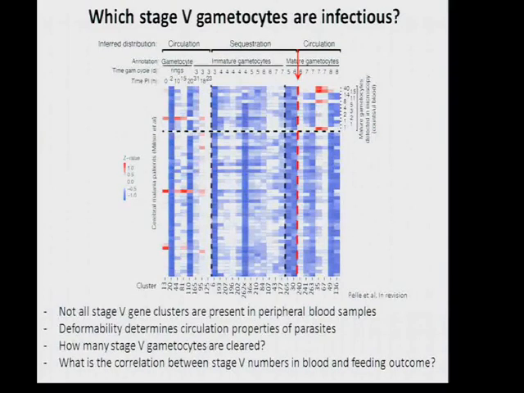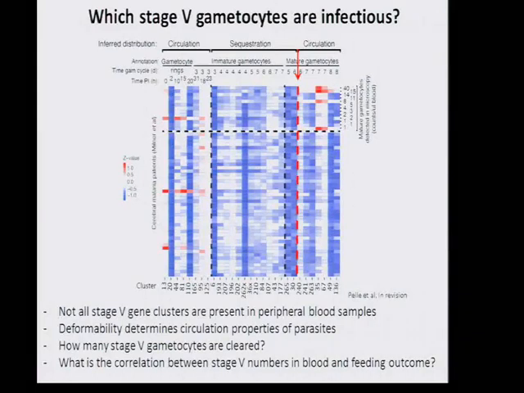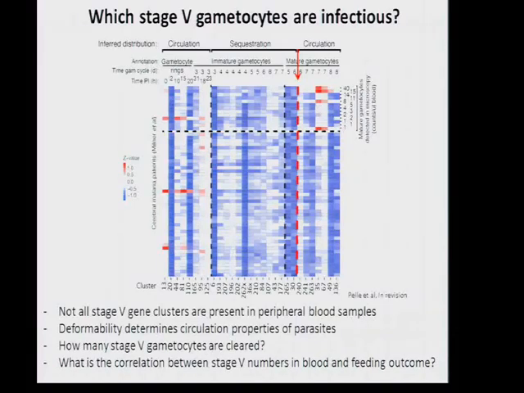So this is a heat map that plots the gametocyte clusters on the x-axis and the microarray data per patient from this study in Malawi that we analyzed before. And this is basically the mean expression across the cluster. And you can see, again, as I mentioned before, a subset of patients have persistent expression of these gametocyte ring clusters, and another subset of patients shows persistent expression of these mature gametocyte clusters.